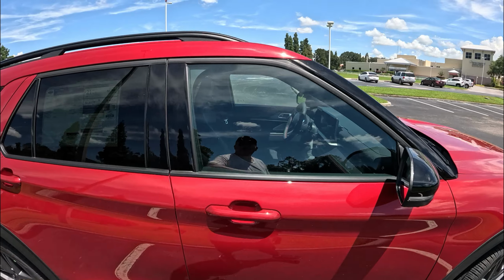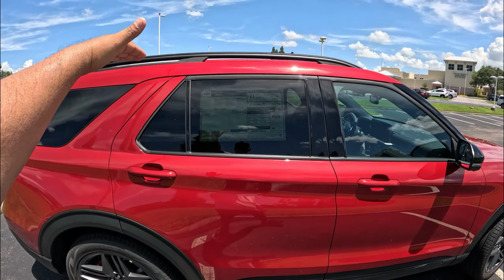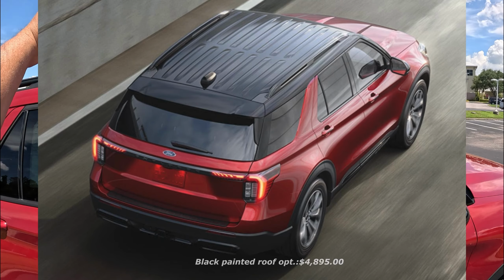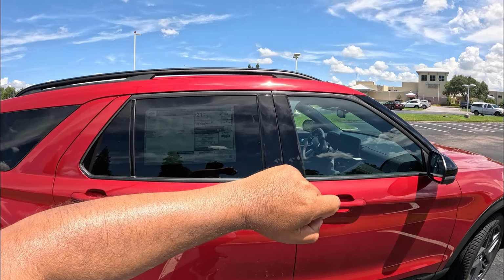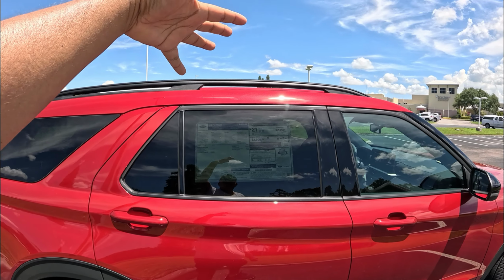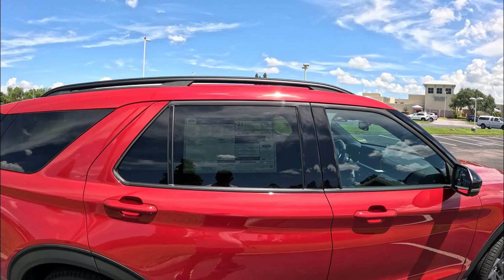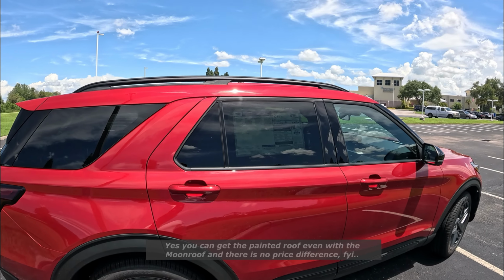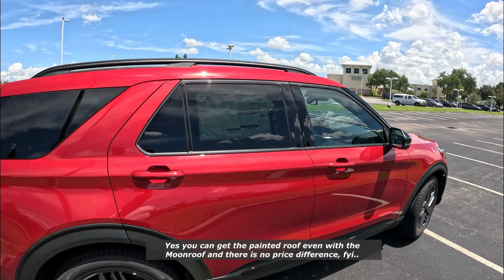And of course, one of the new options for 2025 is that you can get the color paint, or basically your roof painted in black, similar to this. But of course, Ford's charging about $5,000 for that paint. Now, this one is not equipped with a panoramic sunroof, so that basically gives you the full roof painted in black. I don't know if you get, for example, the panoramic sunroof, will they still charge you $5,000, or maybe they don't offer that option for the painted roof with the